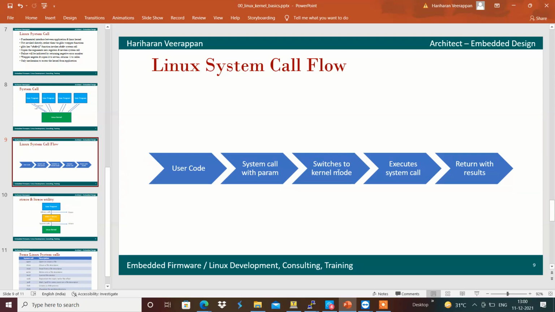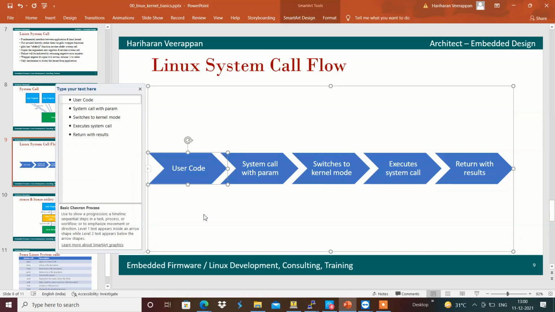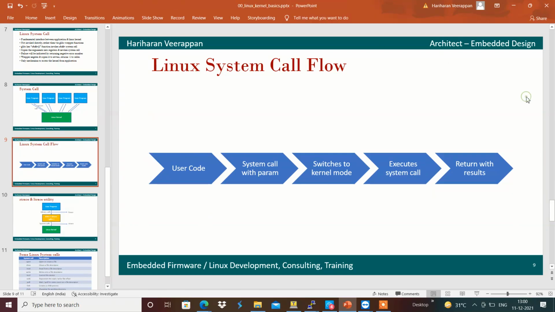It switches to kernel mode, the system call gets executed in kernel mode, and the respective results are written back and provided to the user application that generated the system call.